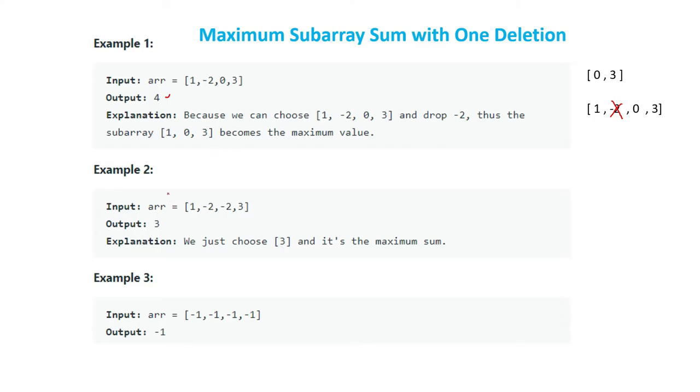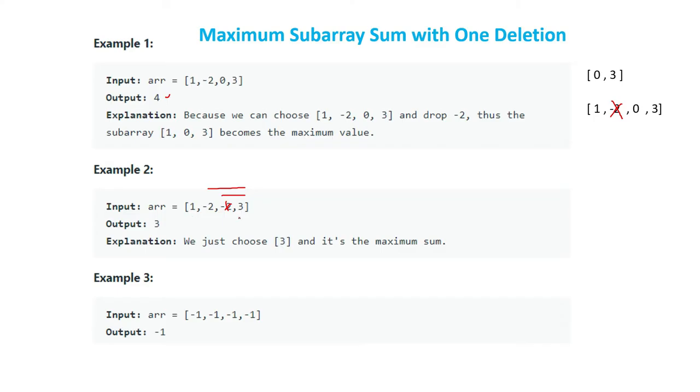If you take another example, example 2, here it is 1, minus 2 and 3. What is the maximum subarray sum? Obviously it will be 3. Then if you are allowed to delete one value, then you can choose this part of the array, then you can delete this one, then also it will become 3 only. If you choose this particular array, 3, minus 2, minus 2, and you are allowed to delete one value, you can delete any of this minus 2, then it will become 3, minus 2, which is 1. That time it is reducing, means that will not be our desired result.